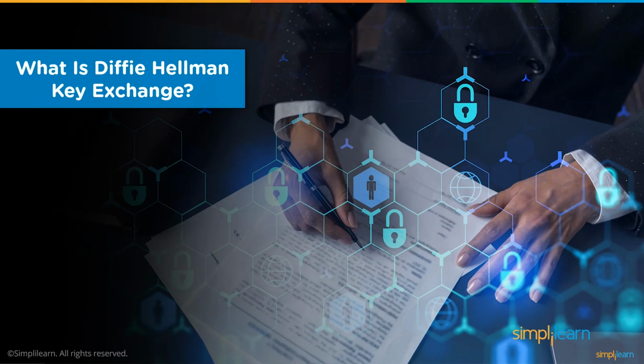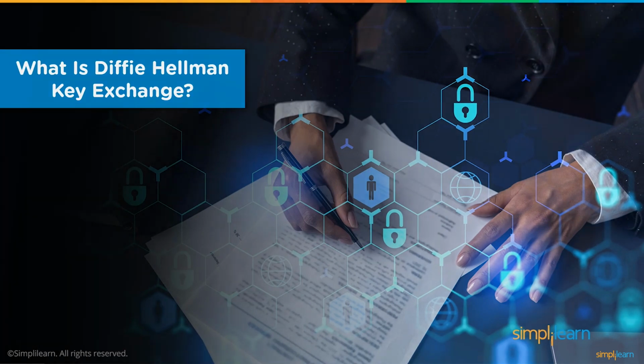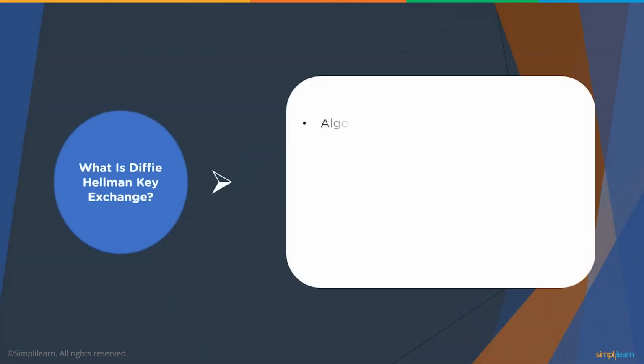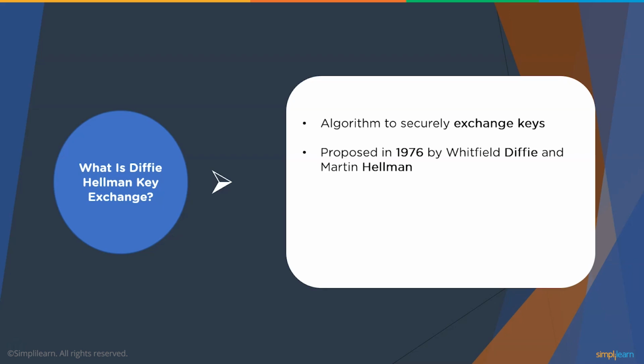Let's start by learning a bit more about this exchange process. The Diffie-Hellman algorithm is a method for securely exchanging cryptographic keys over insecure channels without compromising the security and integrity of the data transmission. It was developed and published in 1976 by Martin Hellman and Whitfield Diffie. The main USP of this algorithm was the ability to exchange such critical keys over insecure networks. Once the keys are exchanged without any malicious actors, they can be used to transfer encrypted data and thereby establish a secure channel for communication.